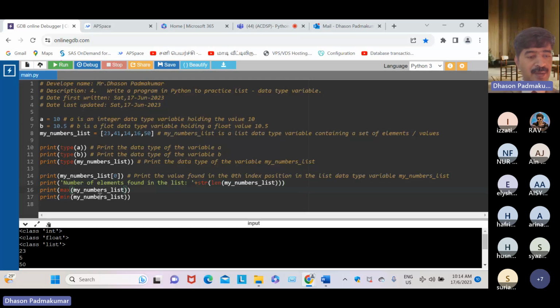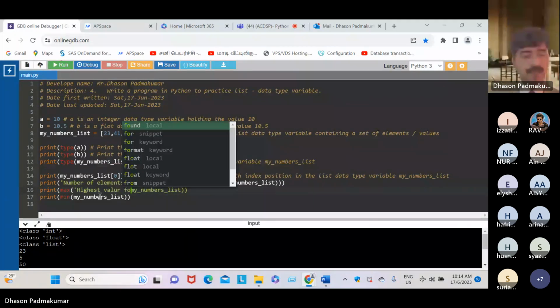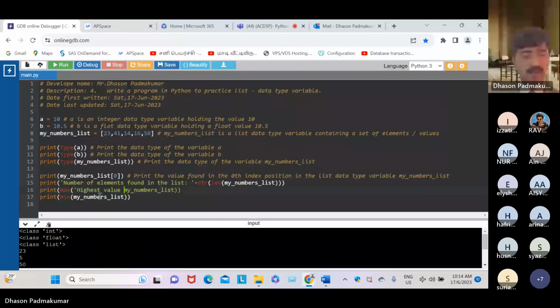Next is here. Highest value found in the list.